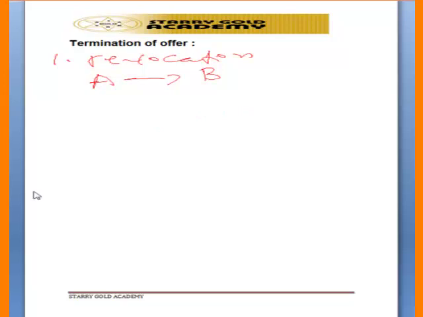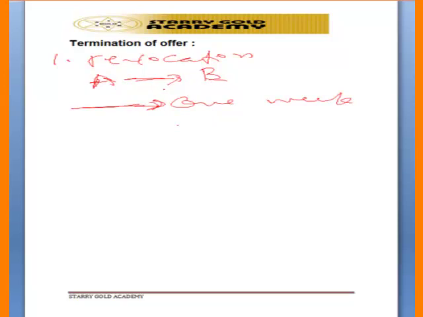And also I need to let you know that an offeror may revoke his offer at any time. So even where Mr. A promised to keep the offer open for 2 weeks or 1 week, he may decide to withdraw the offer before the expiration of that 1 week, except where Mr. B has given something for that purpose. If Mr. A promised to sell his biro to Mr. B and then he promised to leave it open for 1 week, and then Mr. B,